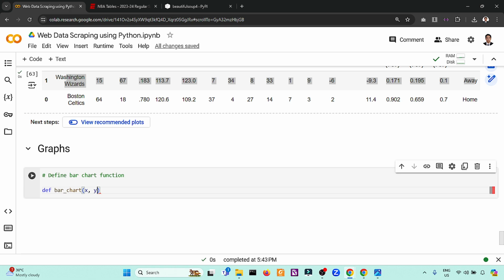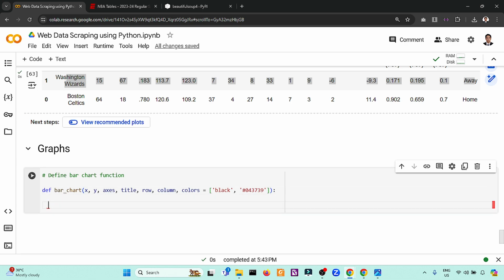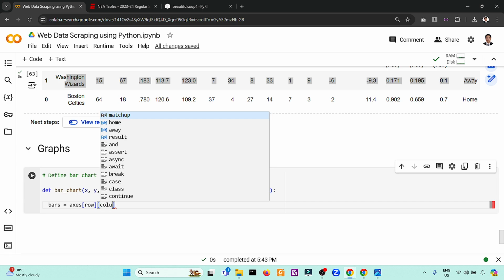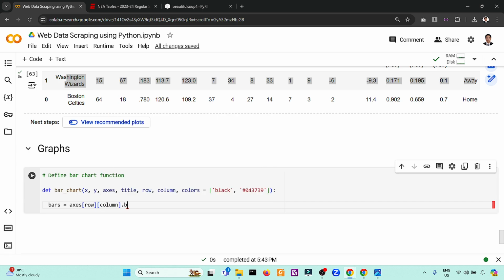So the x and y axis for the bar plot, the axis that will be used, the title of each graph, the row and column for each subplot, and the specific color mapping. So let's say we have black. Let's make this simple. I already predefined this color for 3793, which is colored blue. So now bars is equivalent to axis, which is row and column. This will be the identifier for the subplot.